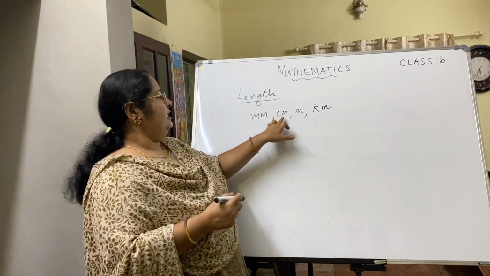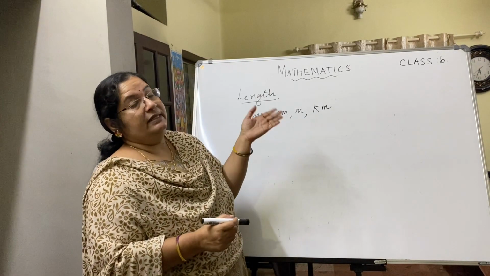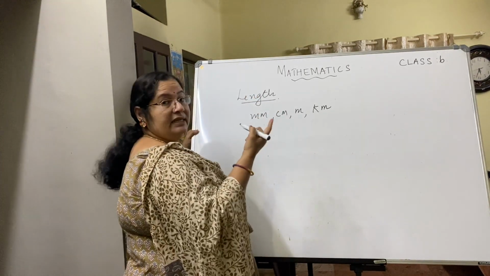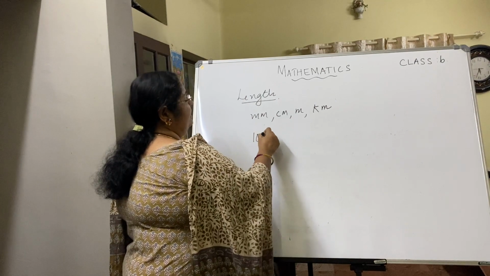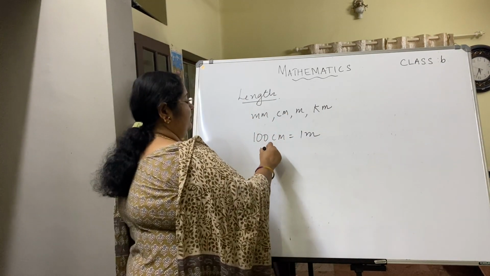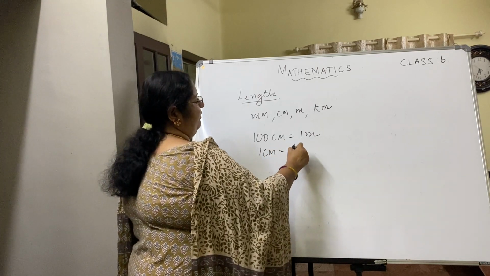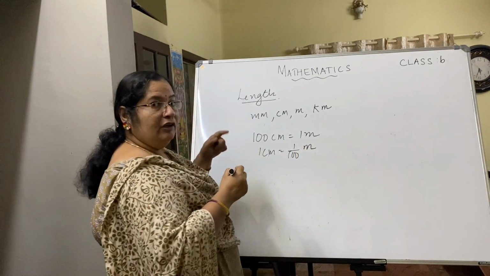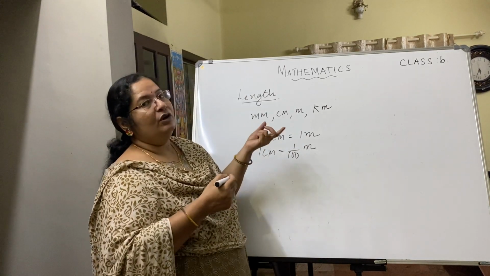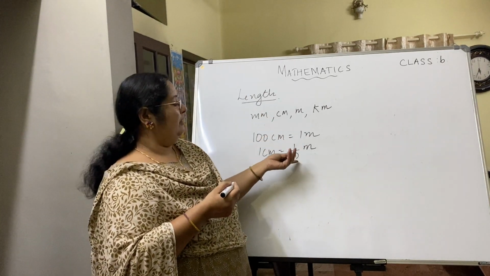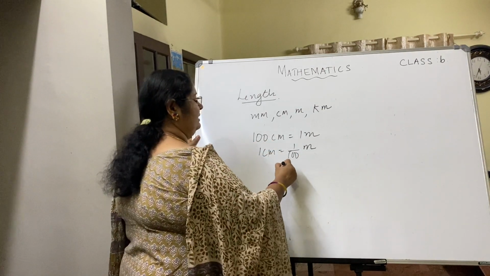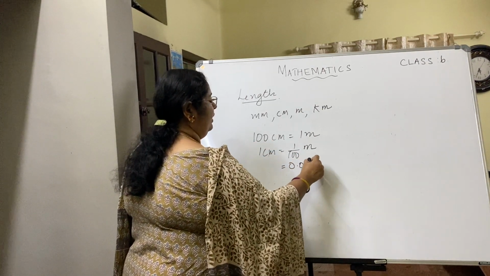Now relation between centimeter and meter. Converting centimeters in terms of meter. So what is the relation between centimeter and meter? 100 centimeters make 1 meter. So what is 1 centimeter? 1 by 100 of a meter. Now 1 by 100, same relation we have seen for paise. So what will you do? Converting this to a decimal, shift the decimal point. How many places? 2 places towards the left. So it will be 0.01 meter.